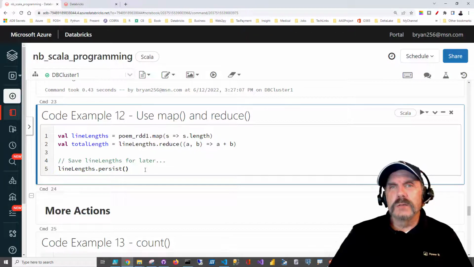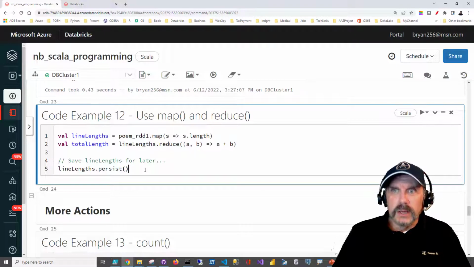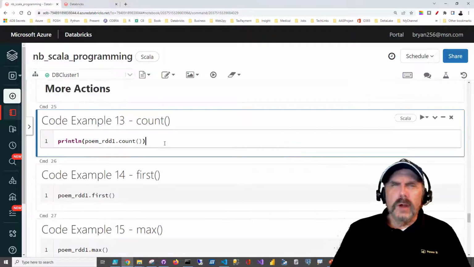Now, why I'm doing that is because, as I mentioned before, RDDs get tossed away very quickly by Spark. And if you want to use them for something else, Spark will have to go through recalculating or regenerating it. But if you say persist, you're basically pinning it into memory and saying, hold it there, I'm going to need that again. So we got the same thing as before, line length, but now we've done this holding of the data. What other actions can we take, Brian?